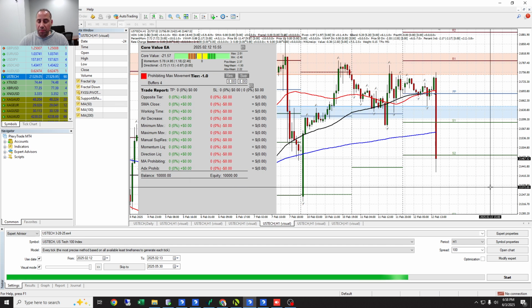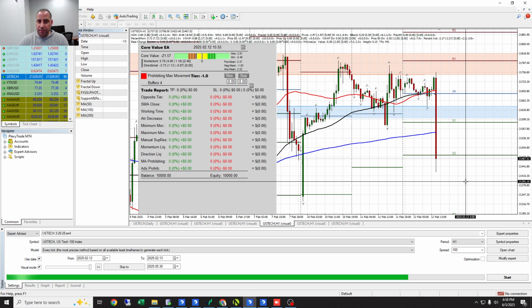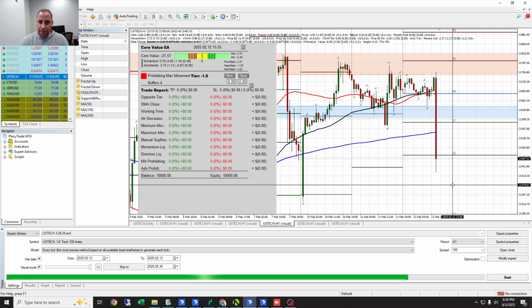So what is max point movement? Well, max point movement is going to take the 20-day period ATR, like you just saw there, which in points is going to be 39,968. It's going to take 75% of that, which comes out to 29,976 points. So what this rule states is that from the moment we're about to take a trade, it's going